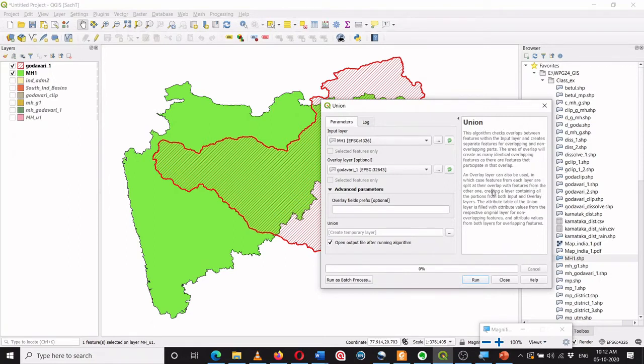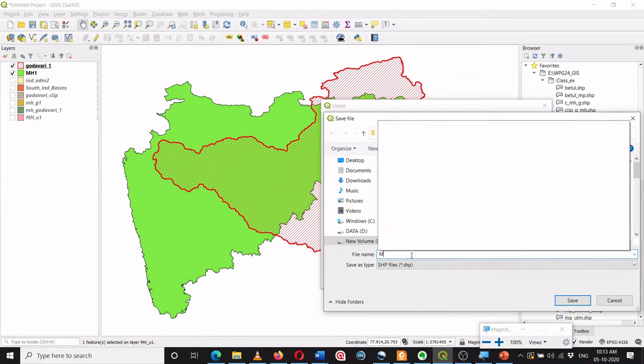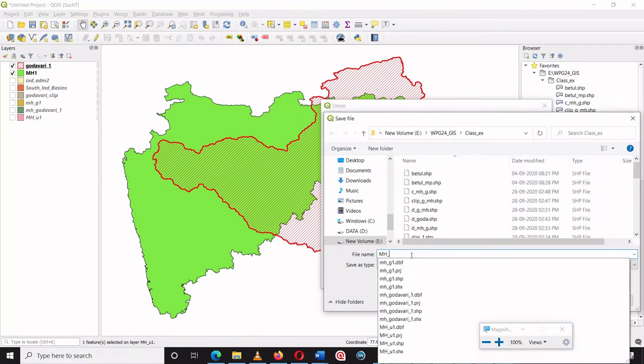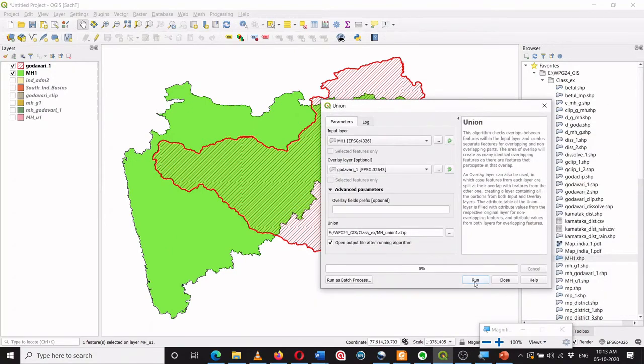You can also go through the description, which explains what union does. In this case, I will give a location, and I will say run.